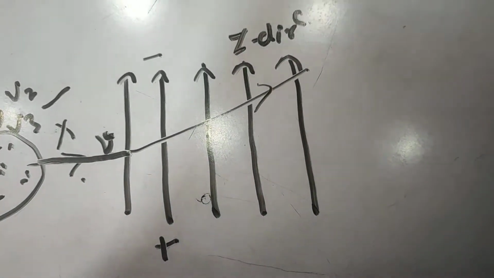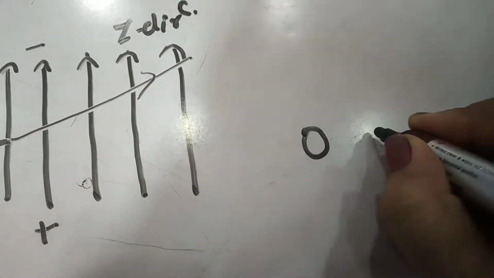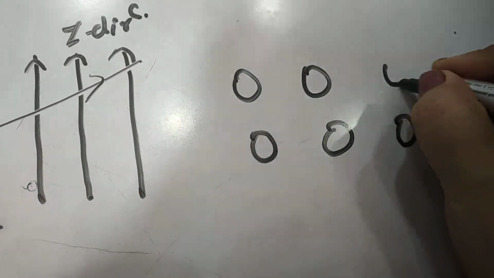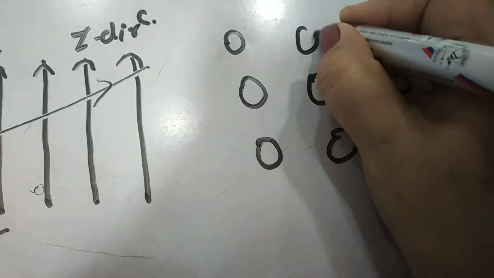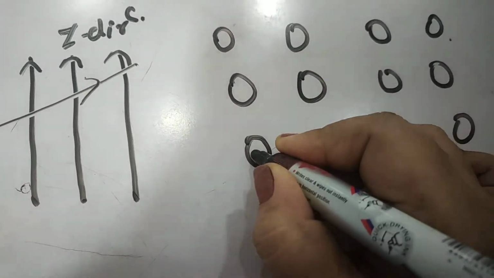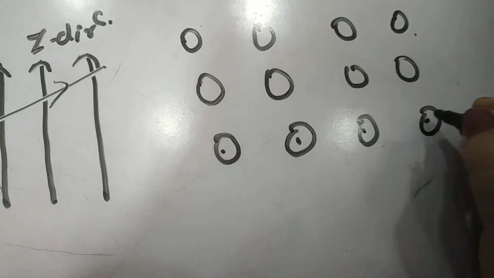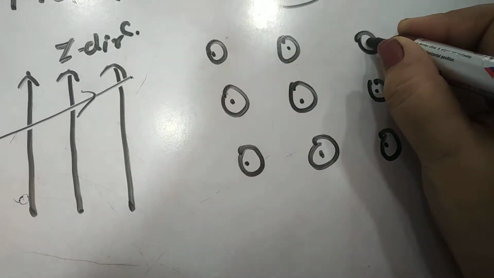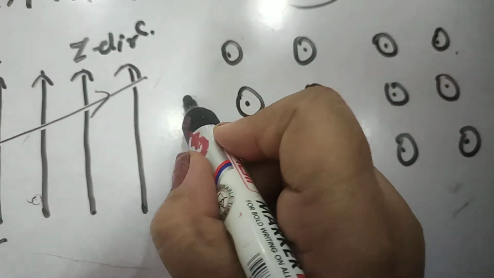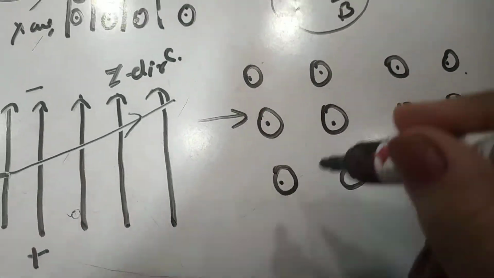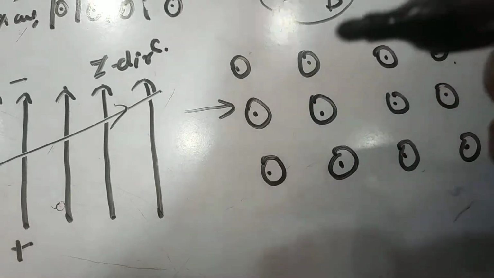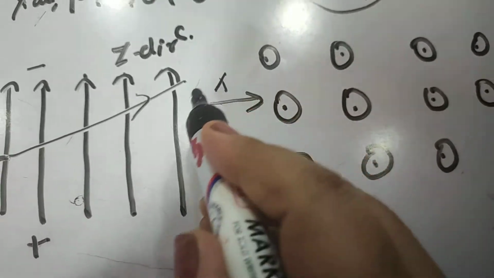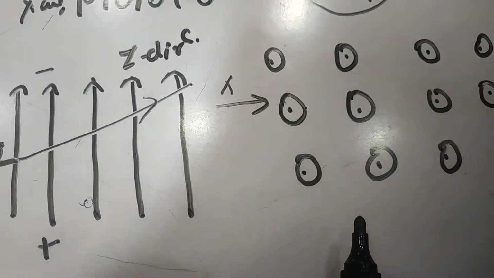Now if we consider the effect of the magnetic field, let us draw this again separately and also in the previous diagram. This is the uniform magnetic field in the plane of the paper directed outward. We know that a dot represents directed outward and a cross represents directed inward, right? Since this is directed outward and the motion of the charged particle is perpendicular, suppose this is the z-axis and the velocity is along the x-axis, so both are perpendicular to each other.